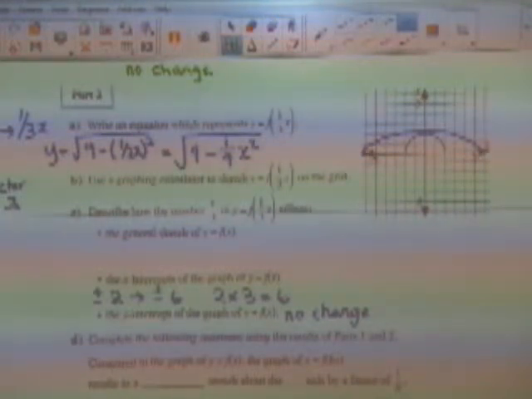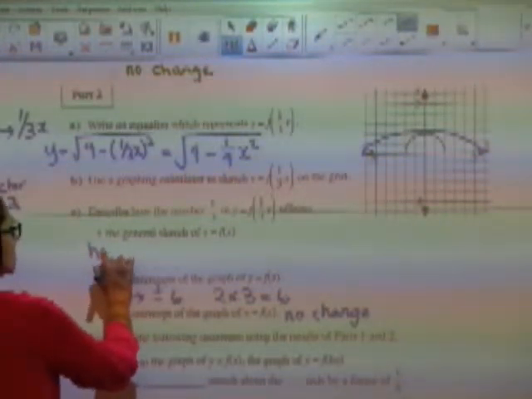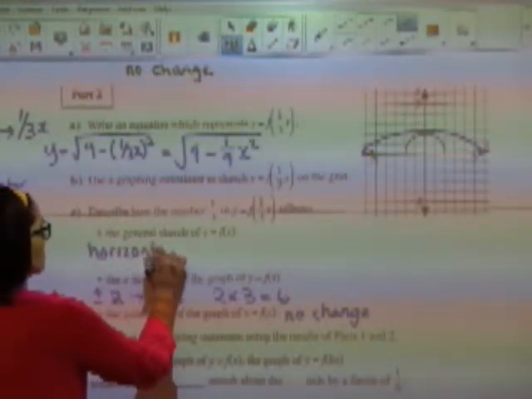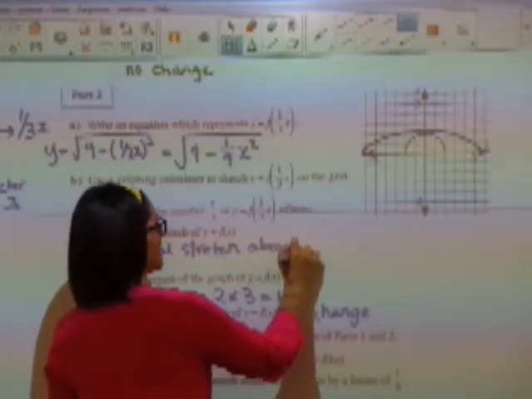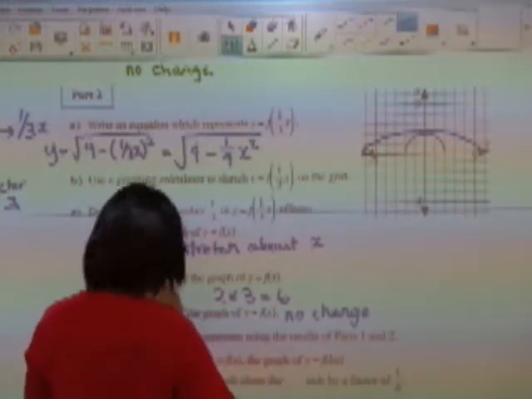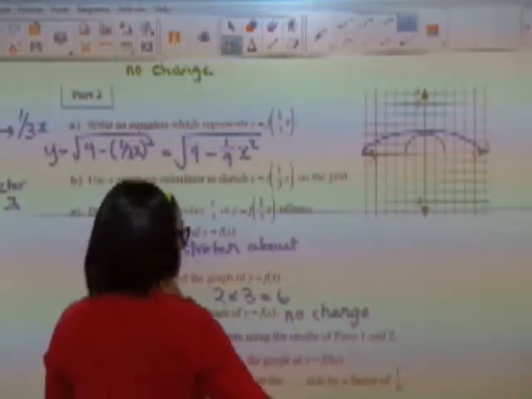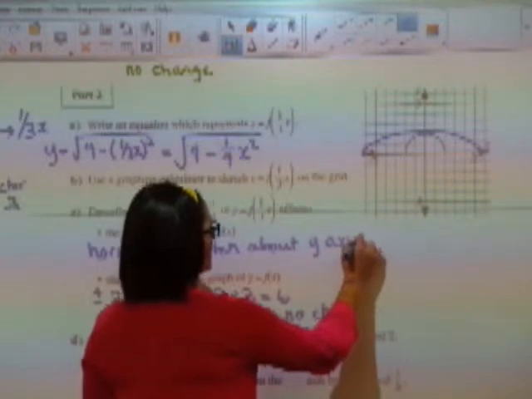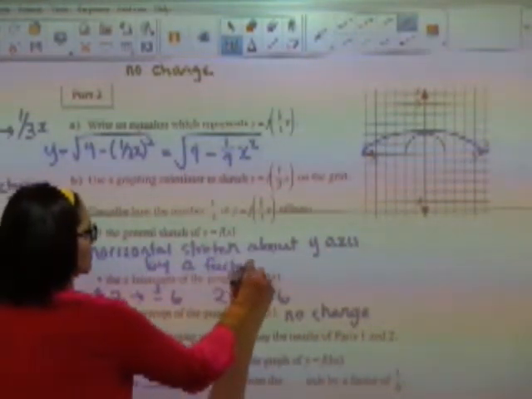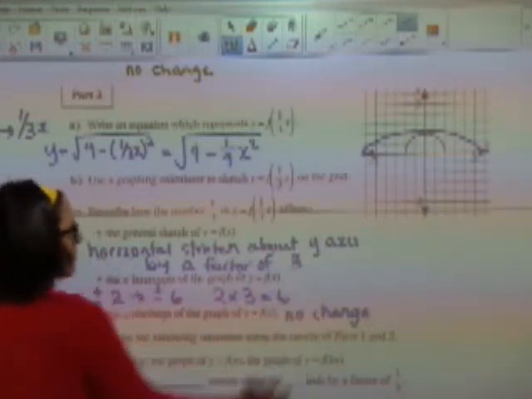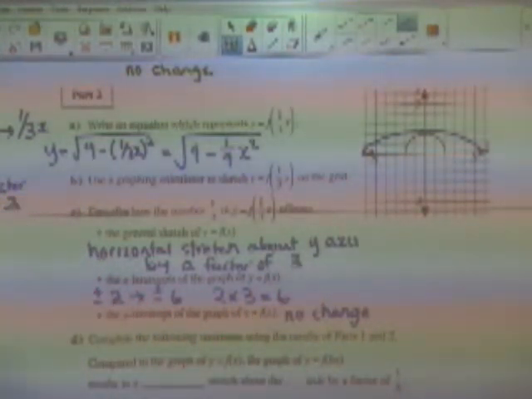Is that what I get? So I have a horizontal stretch about the y-axis by a factor of 3. So if I go down to the statement that's at the bottom,